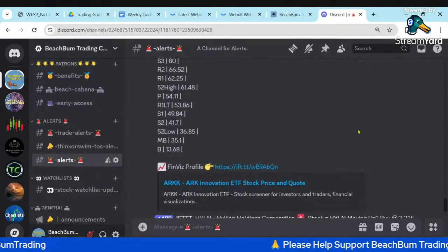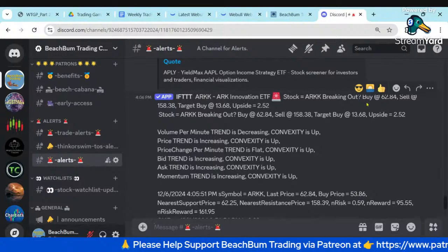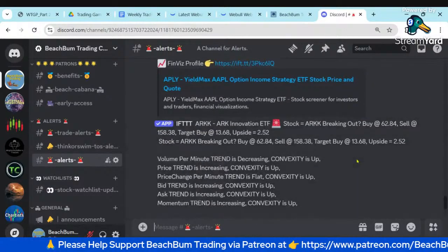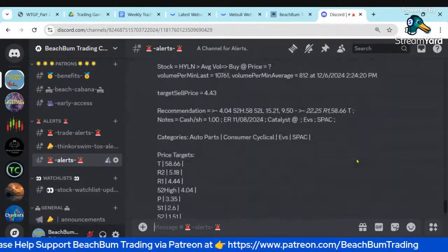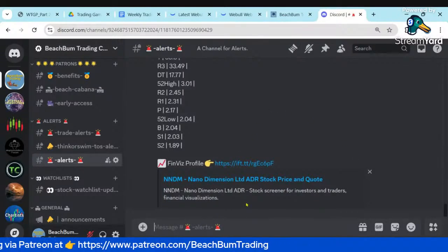See Hyliion moving up. There's ARK-K. ARK-K's had a run, so you can see it's breaking out. So again, a great way for shorter term traders as well to see reversals, sector rotations, changes in market sentiment,